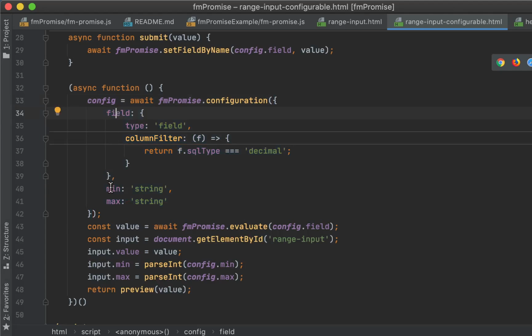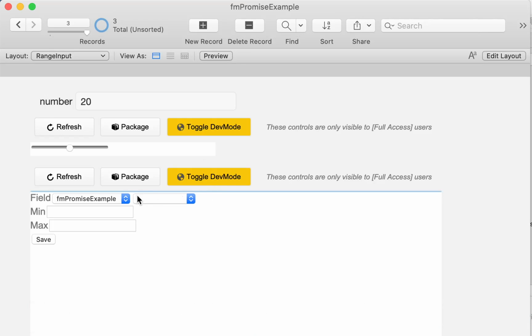So we want three things. We want the name of the field, the minimum value, the maximum value. This should be probably number, but that's not supported yet. When we ask for a field, we can optionally have a filter that only returns decimal field types. If we look over here, we'll see that